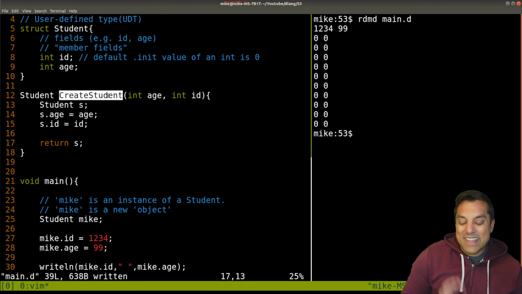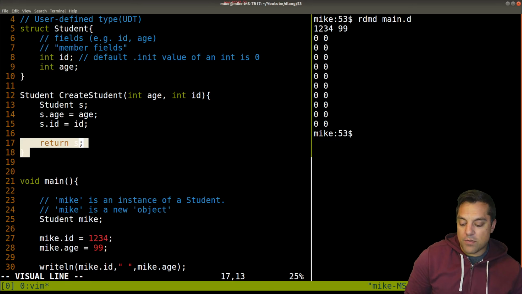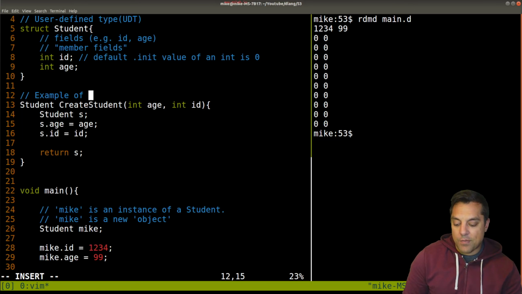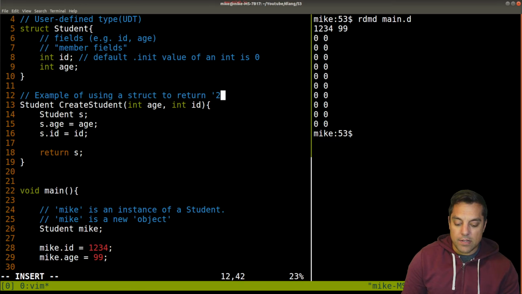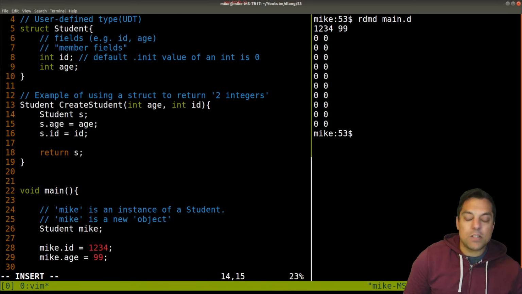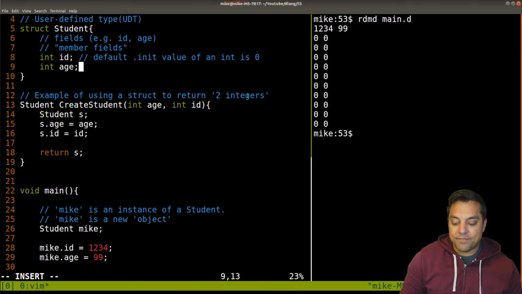Now, we'll get to the actual construction of student in a little bit. So I'm actually going to remove this example, or I'll leave it in here, as an example of using a struct to return two integers effectively, because that's what a student is here. But what I really want to show you is part of the advantage of using structs, that I can also have